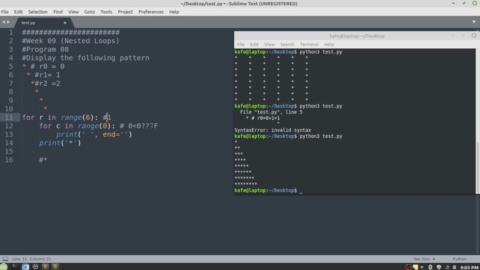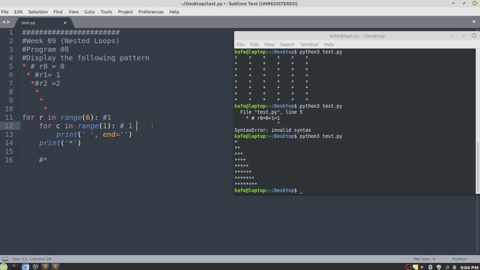Now the value is 1. Check the condition. Was it less than 6? Yes, the condition is true. Come to the inner loop. What will happen here? Now, actually, we have r here. So the current value of r is 1. The value here is going to be 1 now. It's like this. Okay? I have replaced r with the current value of r, that is 1, to make things